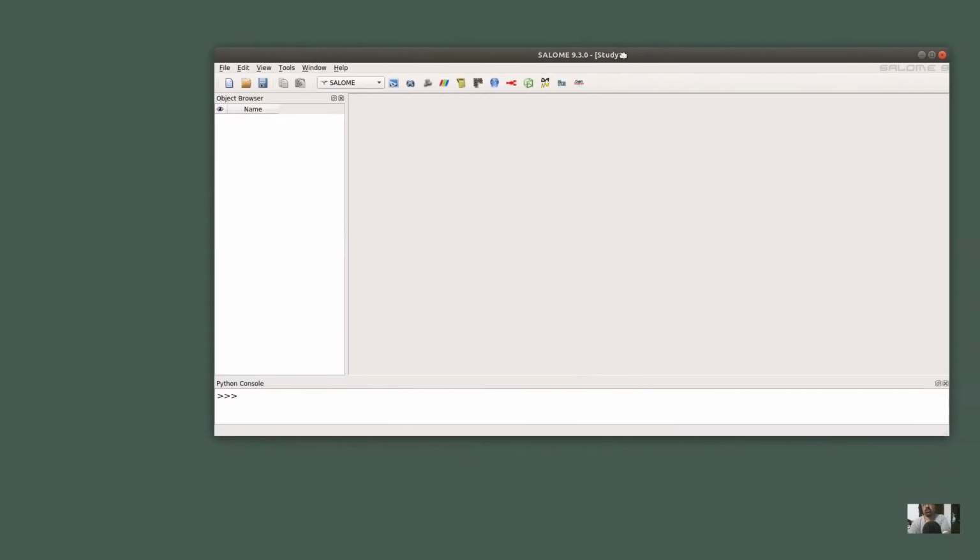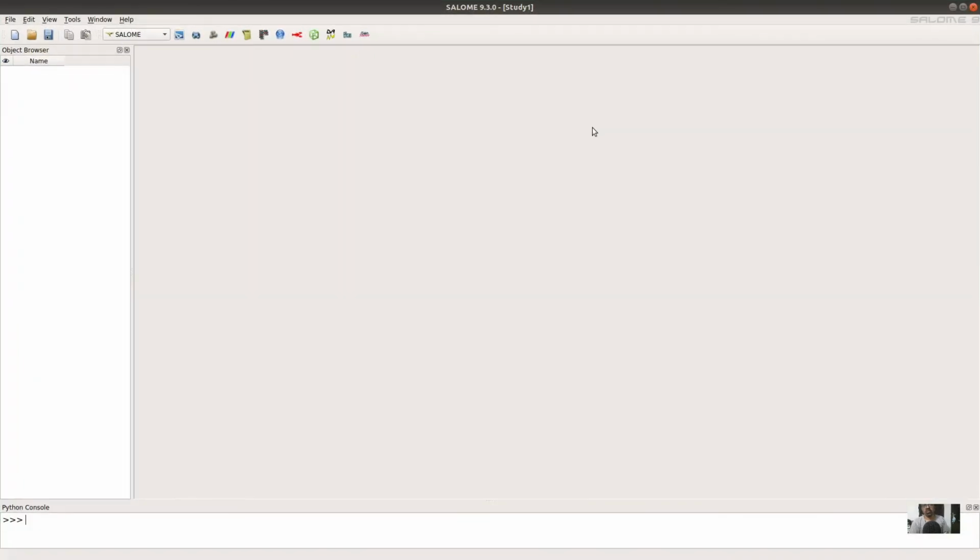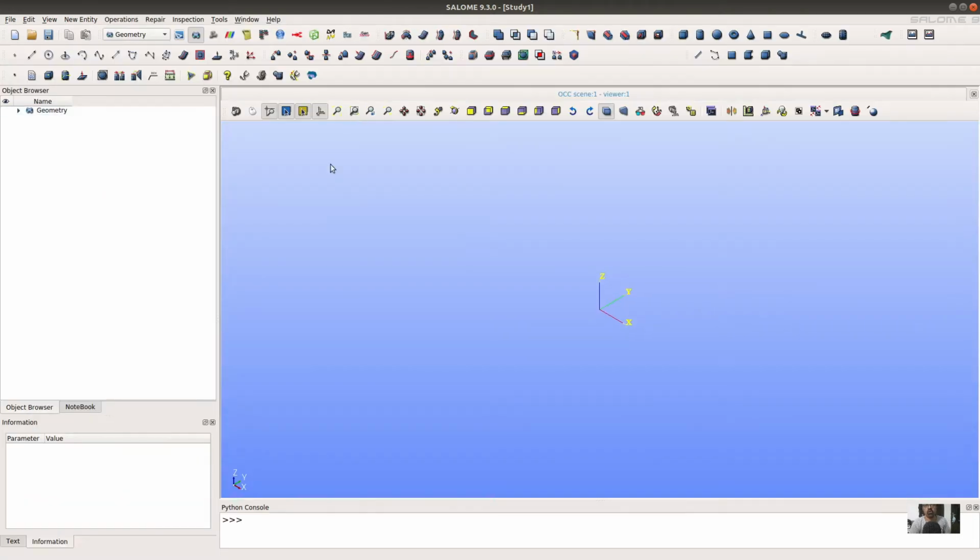So let me open Salome. After that we have to open the geometry modeler. Here we have to select the geometry module so we can create the geometry of the object. Let me show. These are the origin, the x-axis, the y-axis and the z-axis.